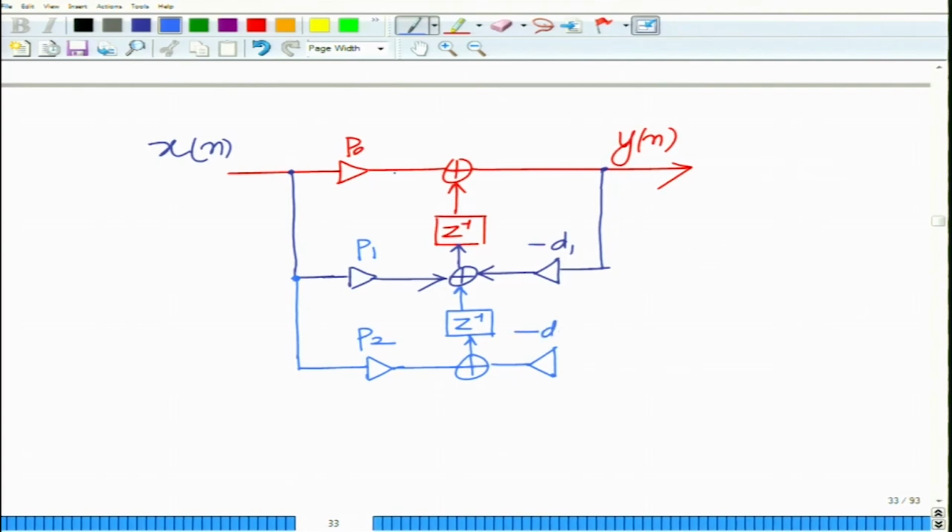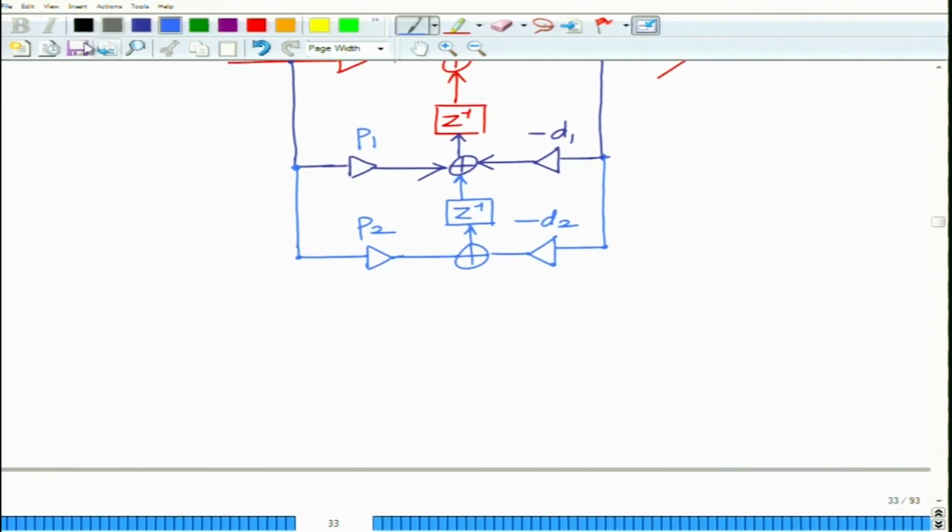Remember, you are interchanging the branches, so this will be minus D2, okay, and finally you will have one more, and this gain will be P3 and this gain is minus D3,